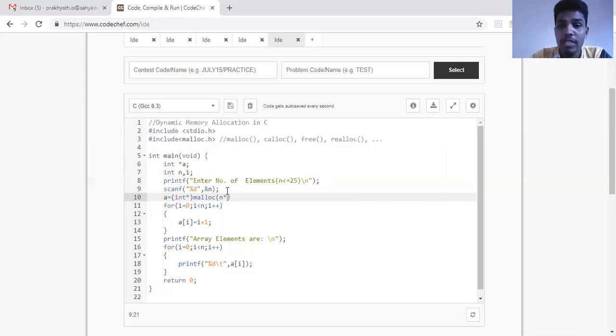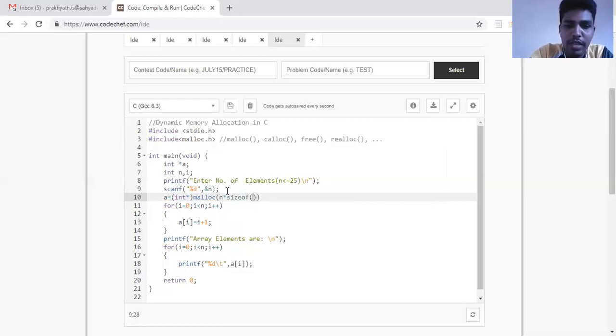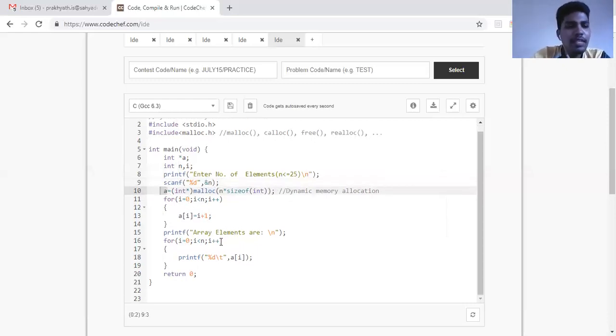But in this machine, I don't know what the size is. So what I'll do is, I'll write a code for calculating the size of integer in this machine. So that code is here. Simple. So this is called dynamic memory allocation. What I've done here is, after reading n, I'm telling my computer I want n rooms and each size is equal to the size of integer. So if I tell n is equal to 10, it gives 20 bytes and it stores the starting address in A. And the next procedure is the same, no change.